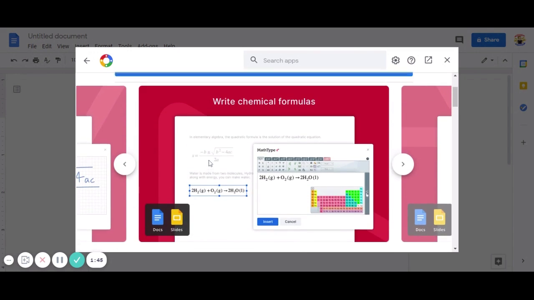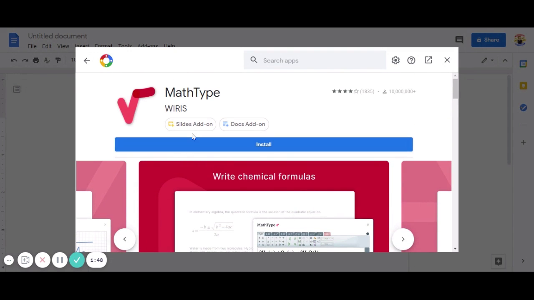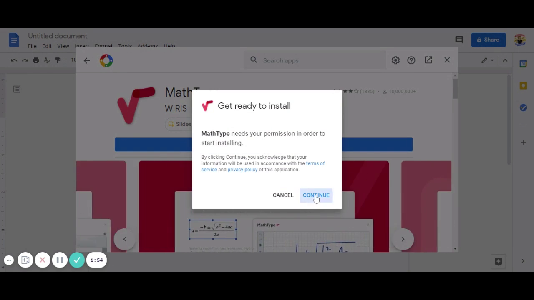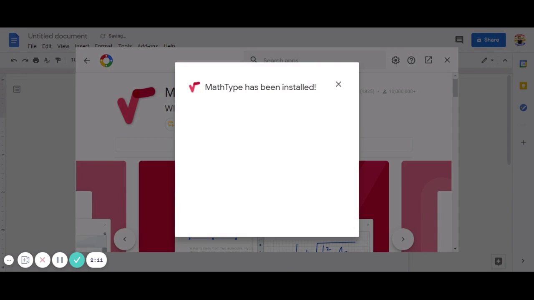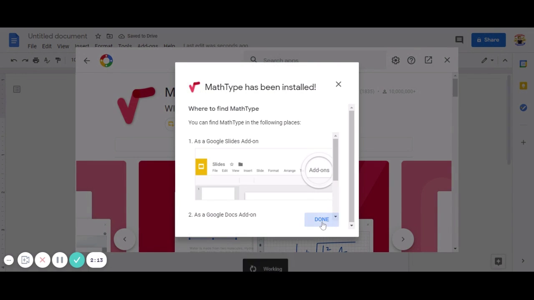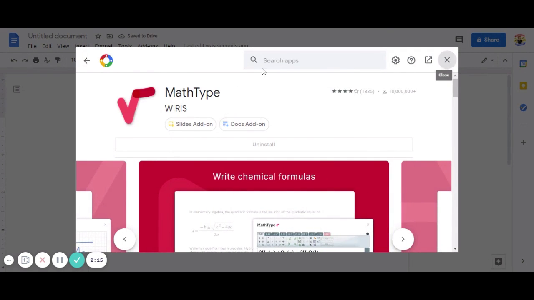Okay, yeah, this looks like what I'm looking for. This one also works with slides as well as here with Docs. So I'm going to click on Install. I'm going to go Continue. I'm going to get the Google sign-on page because it's going to be asking for some permissions, so I'm going to accept all of those. And then it is going to install it for me